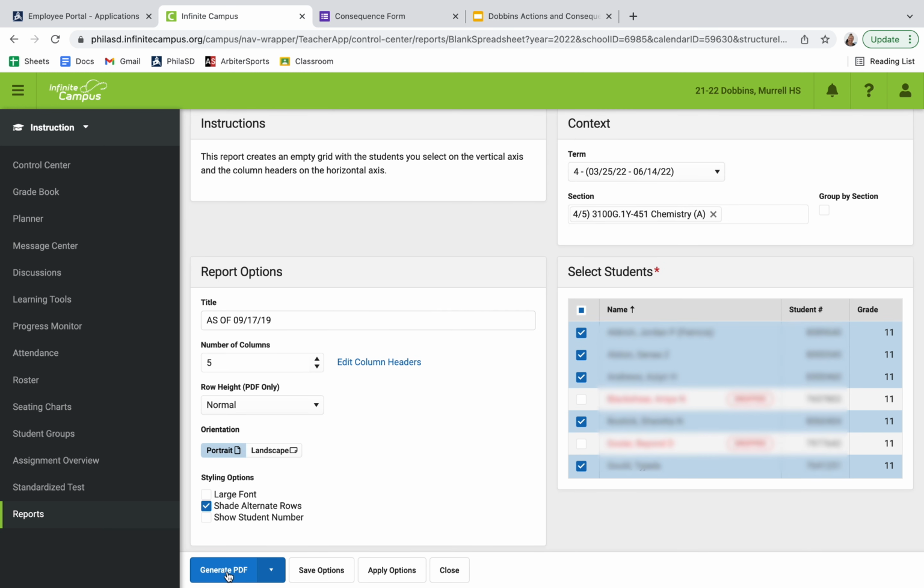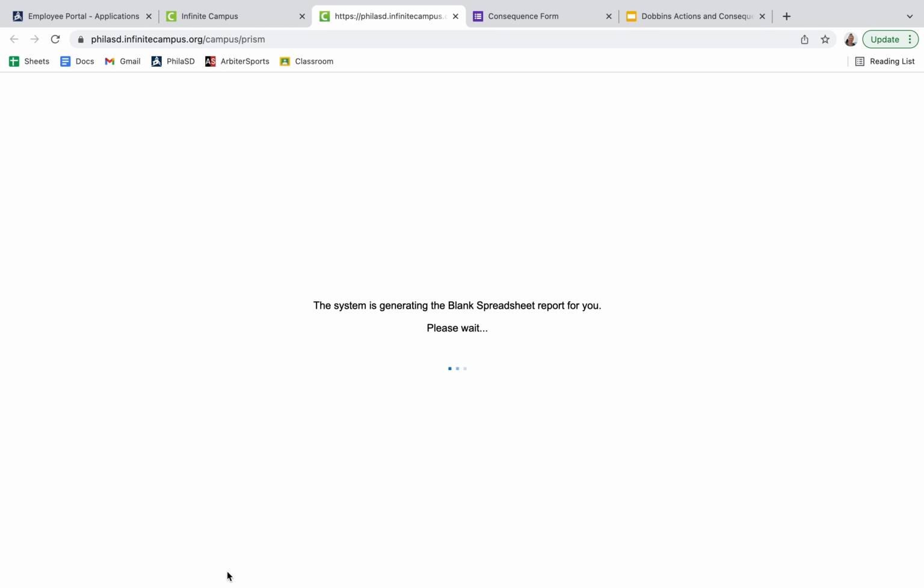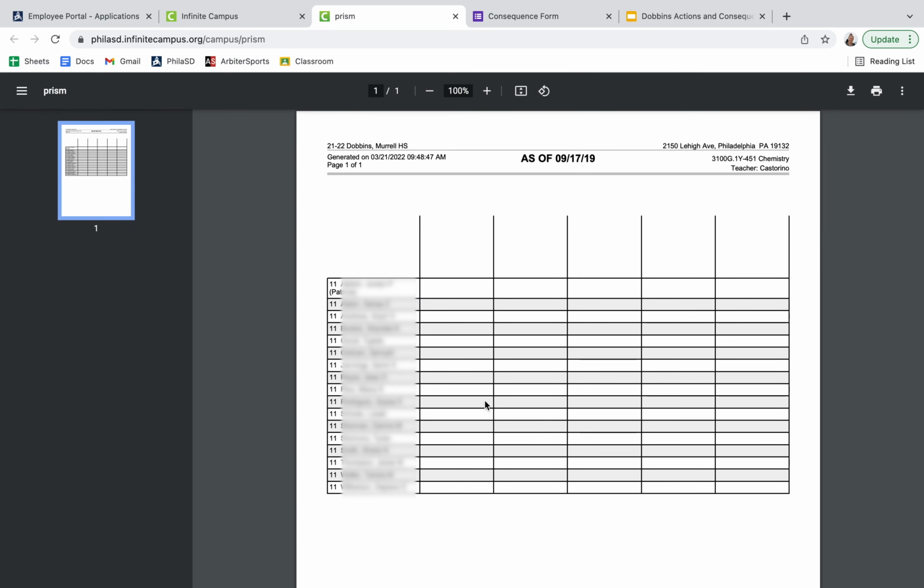and create a PDF. So what this is going to do is set it up so that you can use this for your daily attendance if you really wanted to have a hard record of it. You could say, 1 cut, 2 cuts, 3 cuts, 4 cuts, so on, and put the dates that the child cut one time and the date they cut a second time, so you can keep your own record. I thought this was a good idea. This was brought to my attention by Mr. Cunningham,